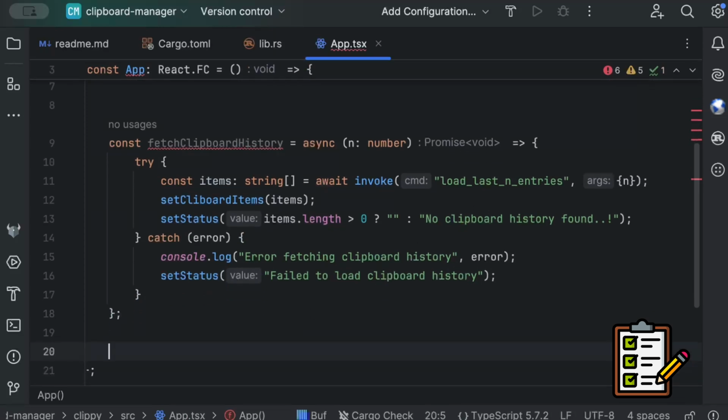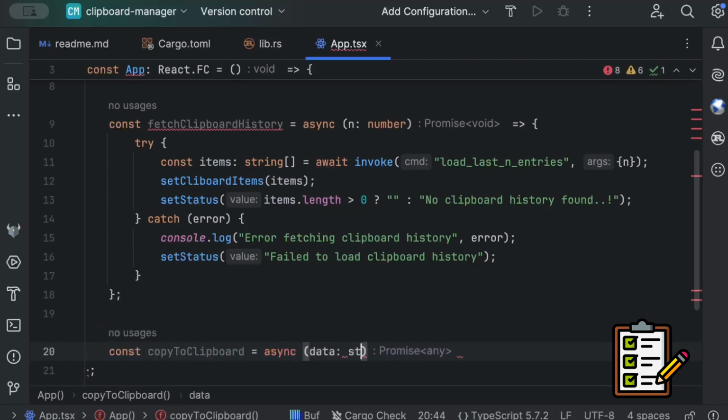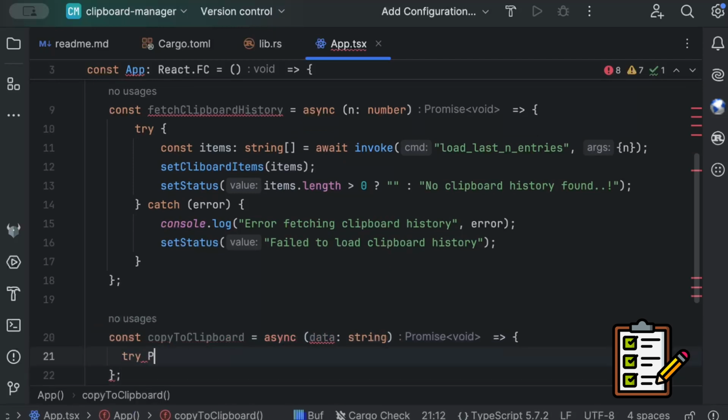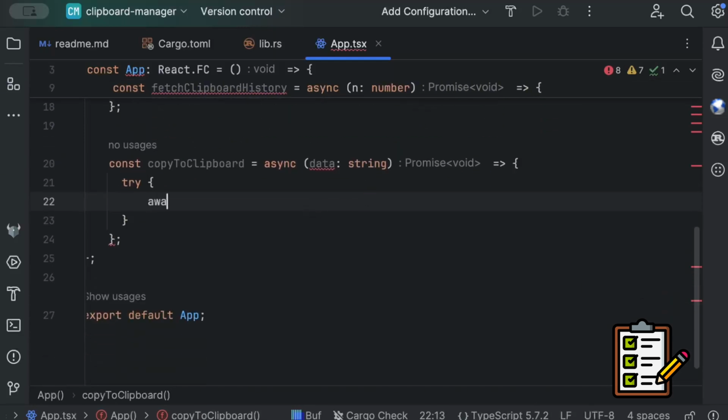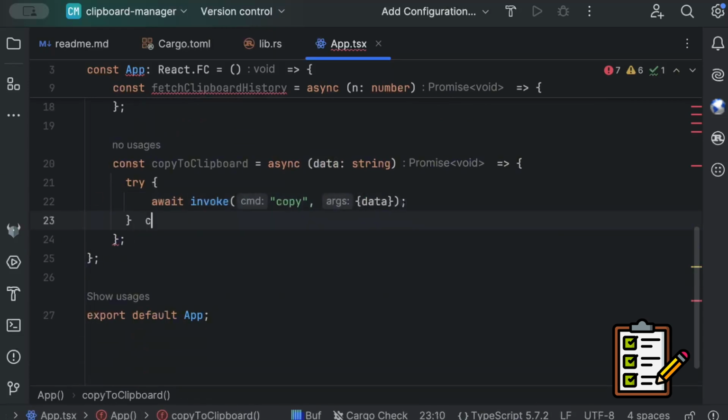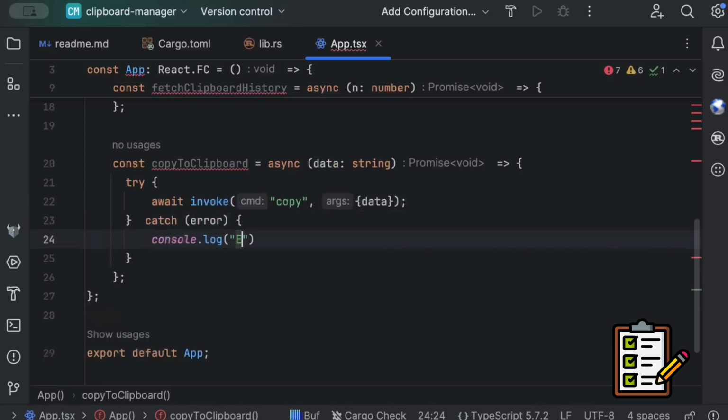Now similarly we'll add a copy to clipboard, which will be a button, a command that we'll give to our user to copy any history anytime, async and data as string. So again try, and here we'll just do await invoke copy command and argument as data, and then catch error, saying console log error copying to clipboard,